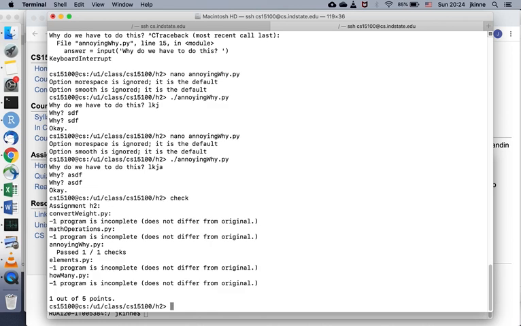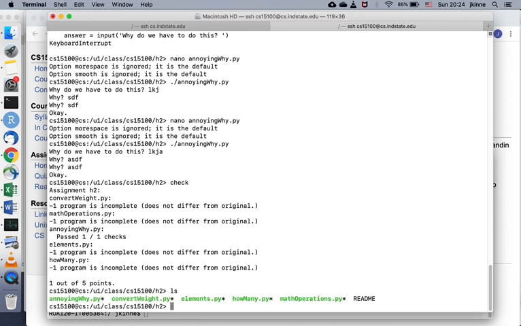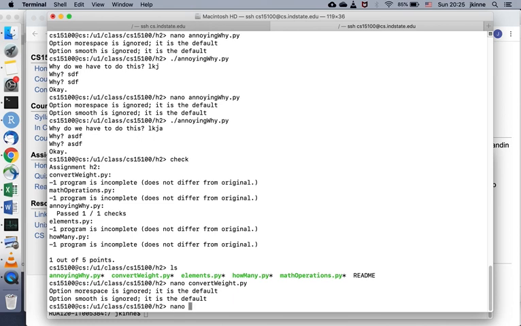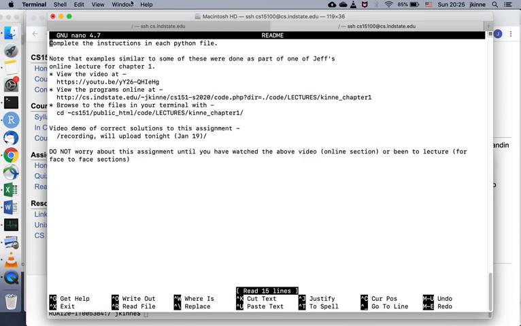All right, so as you work on your assignment, you can run check and see whether you've passed. And you need to pay attention to the details. So if you have a spelling mistake, it's going to tell you that you're wrong. Let's take a look at convert. So we have the conversion factor right there. When you get started here, this is going to be an input, and you want to copy and paste that for your input. You're going to save the answer and convert it to a floating point, and then you want to print something like this, and this is where you want to go ahead and look at, if you haven't already,